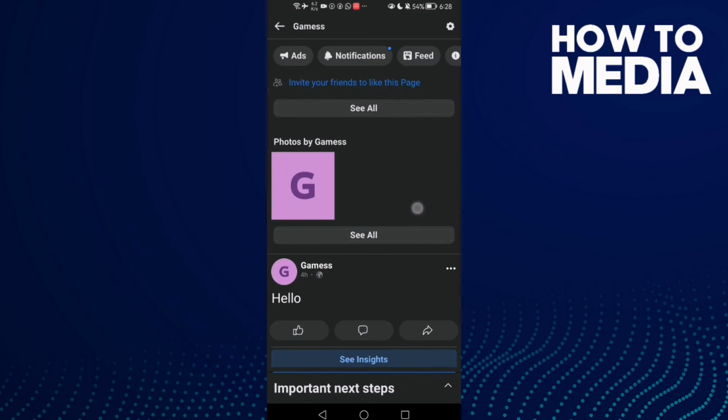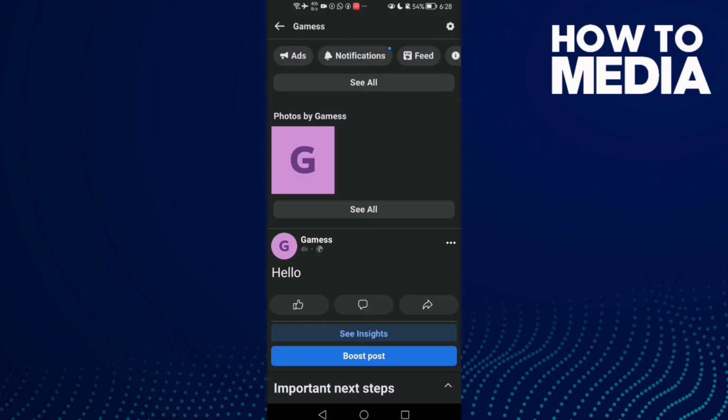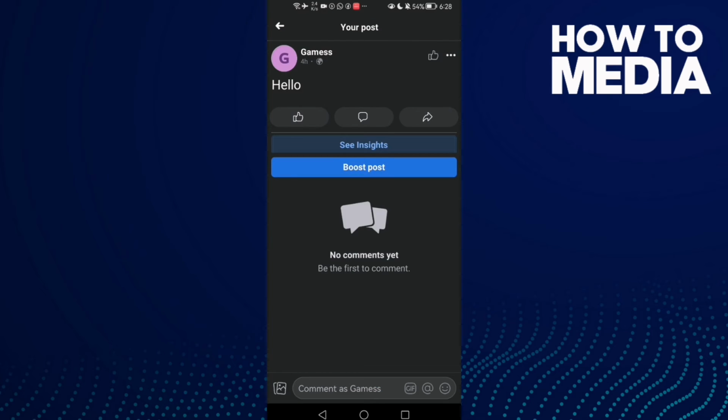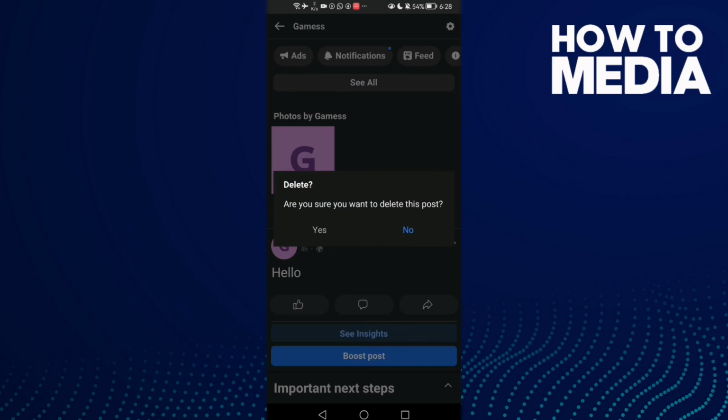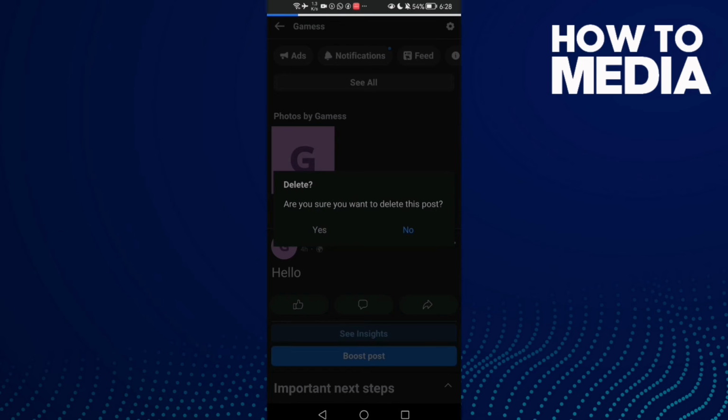and here just go to your post and click these 3 points, and then click delete post, and yes,